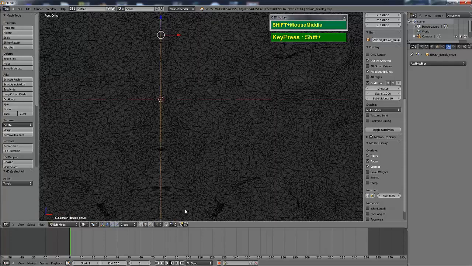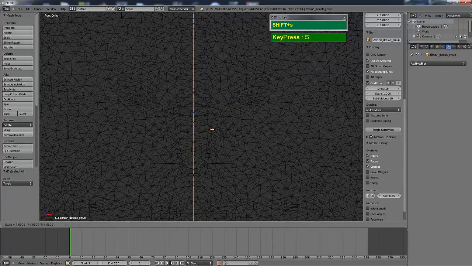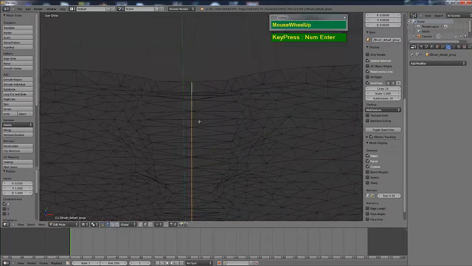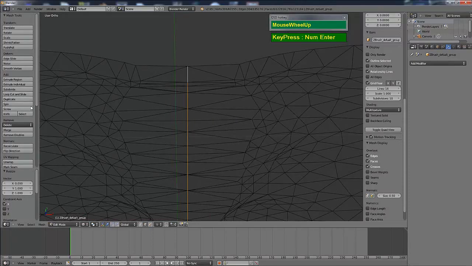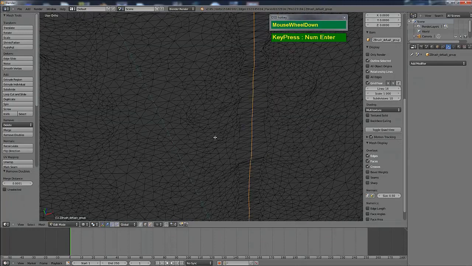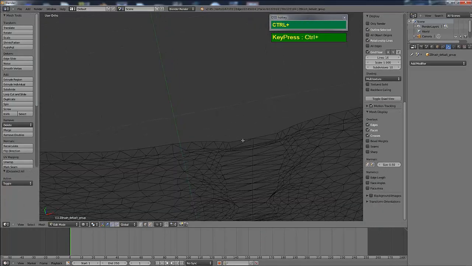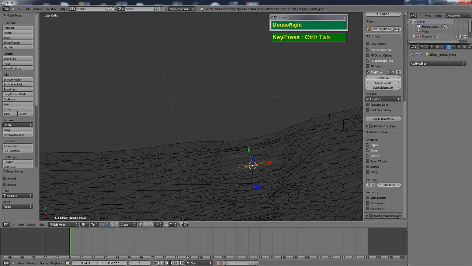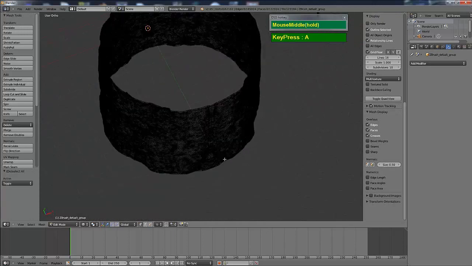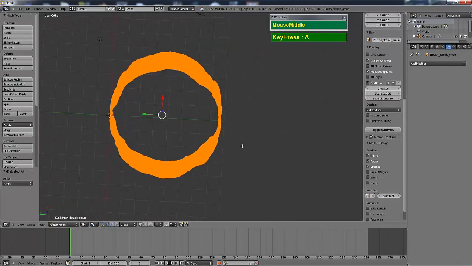Now in the front view, press S followed by X 0, and the two edges should overlap each other. Then apply remove doubles. What it does is remove any overlapping vertices sitting on top of each other. The report says 153 vertices have been removed, and we know for sure that this edge is now stitched together. If I select one vertex, you can see both edges are selected, so we got a closed stitch. Now I know that the normals are pointing outwards.